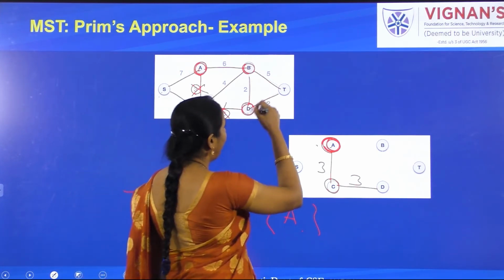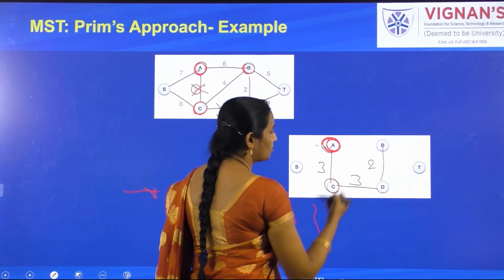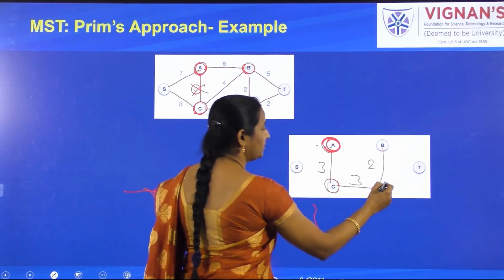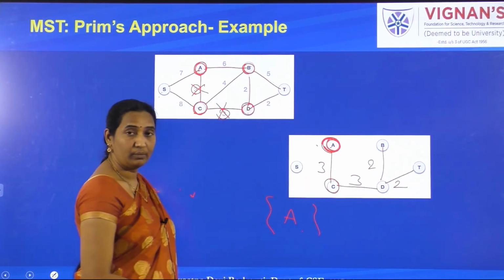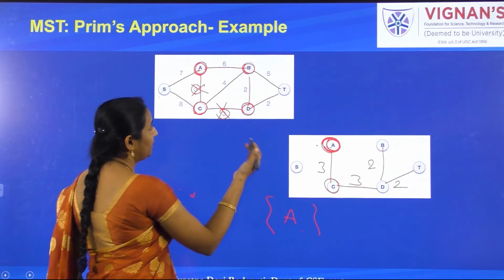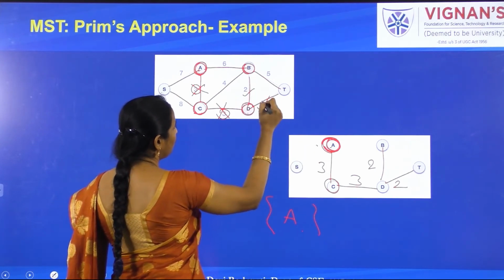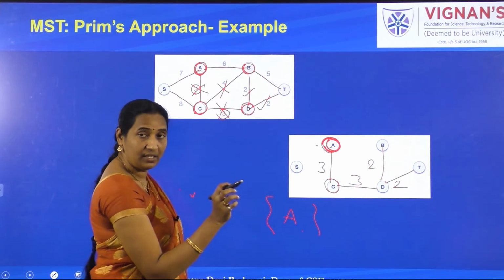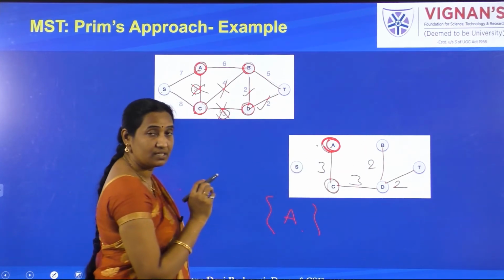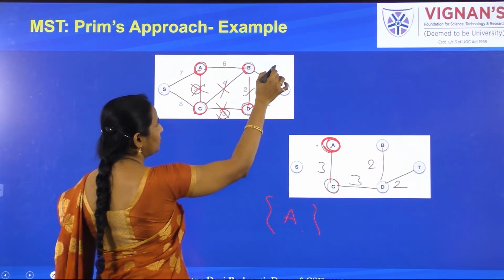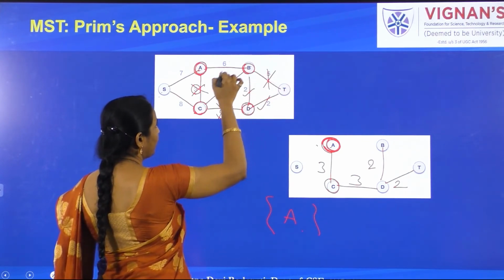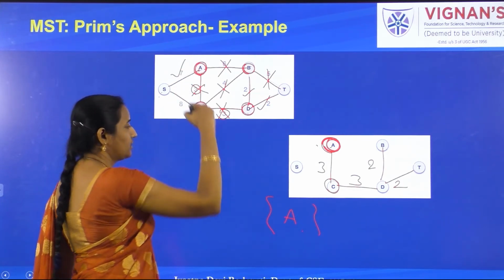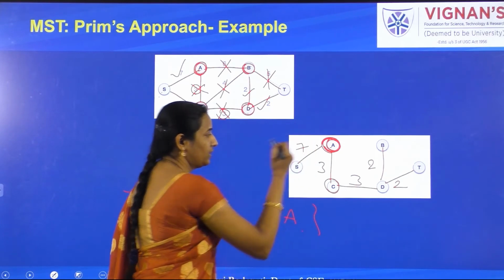Now I can add B to D because it has the least cost. And of course all the edges that are covered, and now I can use DT because it also has the least cost. And the next one, the next least cost one, so this is over, right? This is also over. Now I cannot add this even though it is least cost, because if I add this, there is a cycle. Now which one can I consider? The least cost is this, but I cannot add this also, because when I add them, they form cycles. And now I can add this because the next least cost is this one, 7.